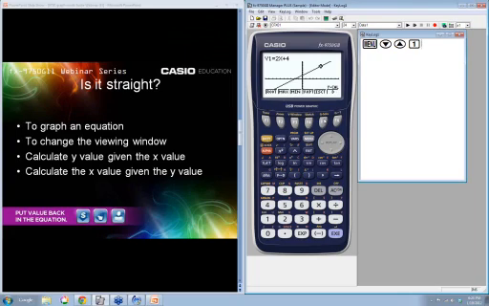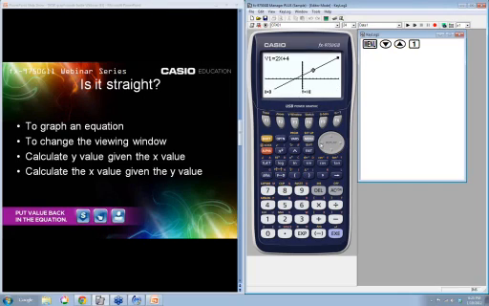Shift G-Solve. This little arrow here tells you there's more information. If I was doing a quadratic, I might want to find the maximum or the minimum. I might want to find the roots, but I have a linear function here, so all I want to do is find the y value, F6 over, and I can pick. Do I want the x to be calculated or the y to be calculated? Let's say this time I want the x to be calculated. My y value of 10, execute, x is 3 when y is 10. And what I really like is it always gives you the x first. X is always first, y is always second.